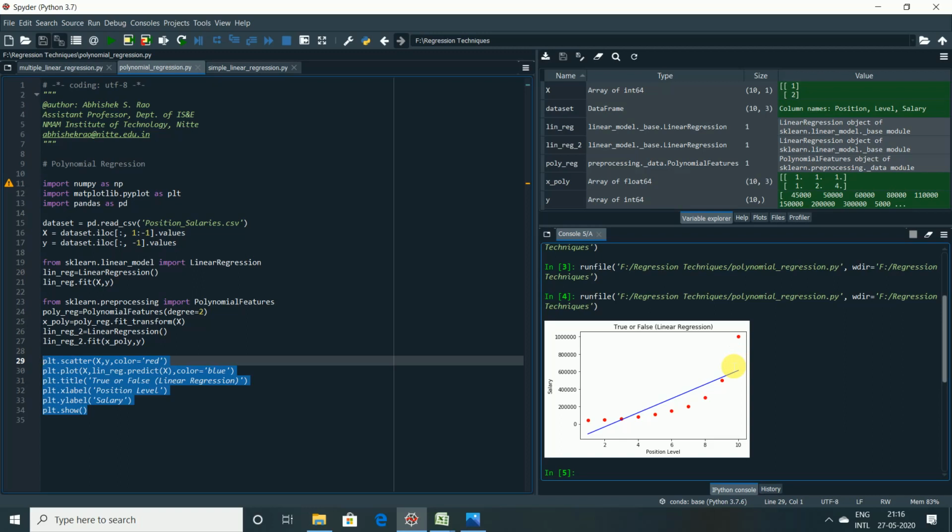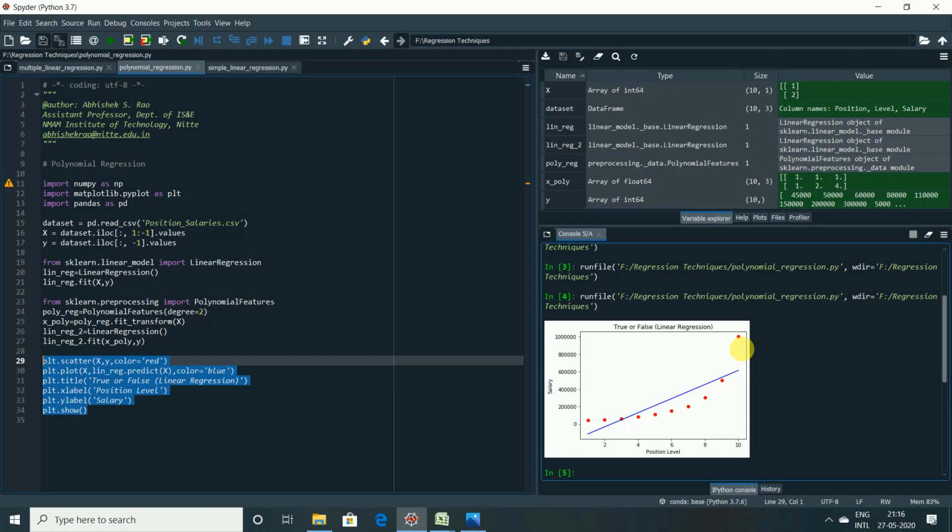That means we badly require a regression technique which will address this kind of issue. So we need a regression line which is inclined with respect to the observations, so that the predictions will happen better, correct?